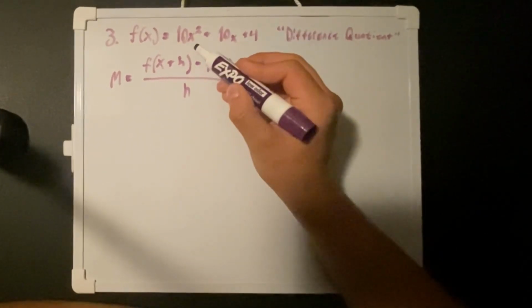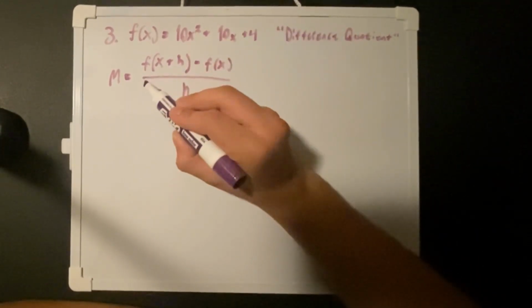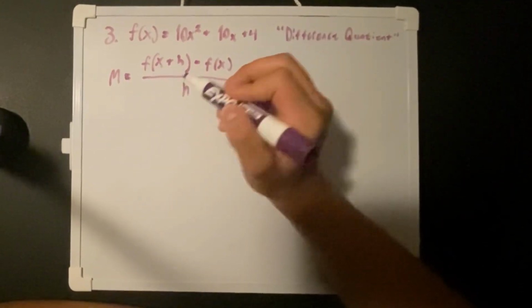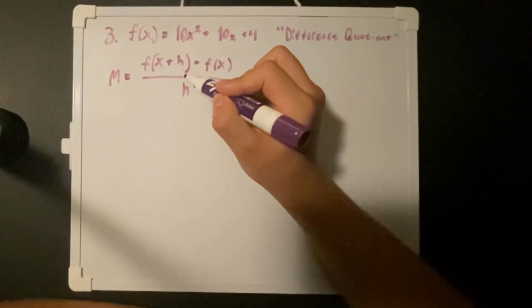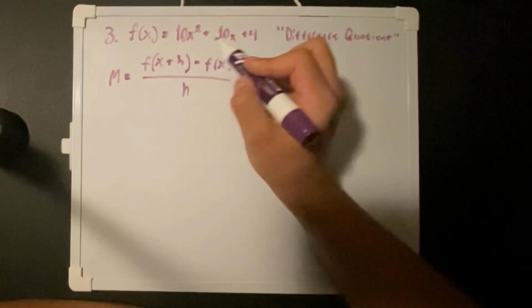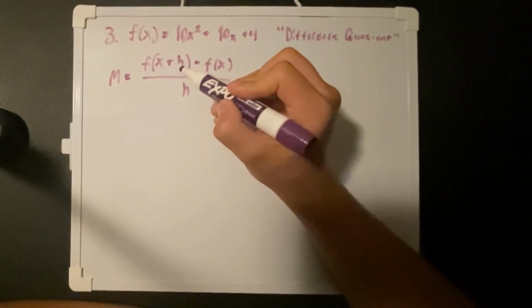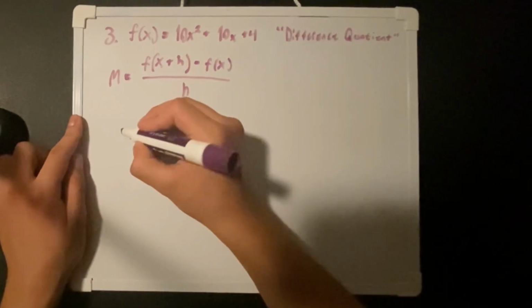So how do we plug this equation into the formula? Well, as you can see here, f of x plus h. This only applies to the terms that have variables. So we have one term that has a variable and another that has a variable. But we have one of these. So how will we write this for f of x plus h? Equals,